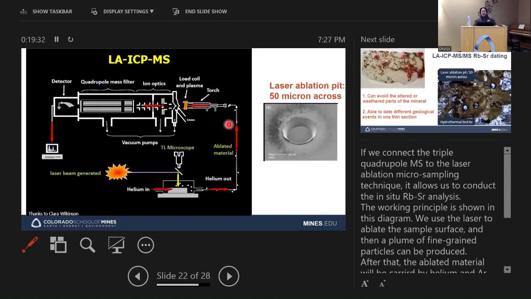And then if we can connect the instrument to the laser ablation system, we can achieve in-situ rubidium and strontium dating. And basically, the laser ablation, we just use a laser to shoot on the mineral surface and to produce the